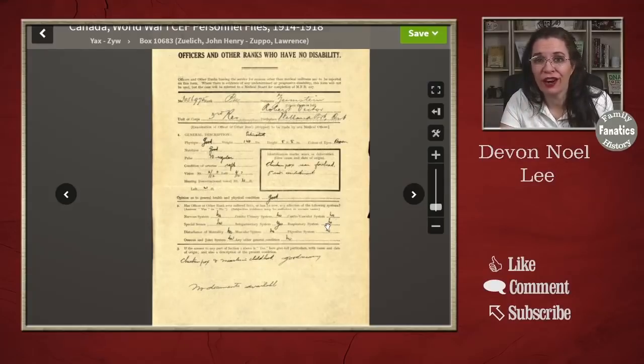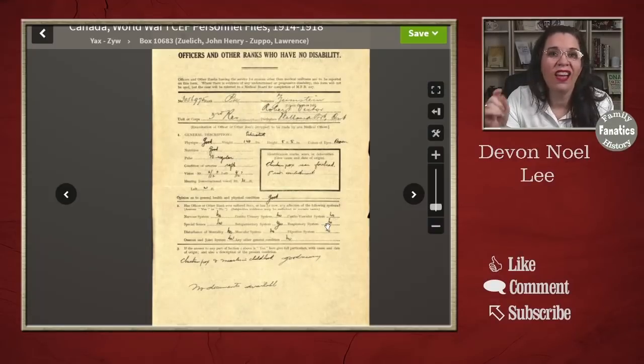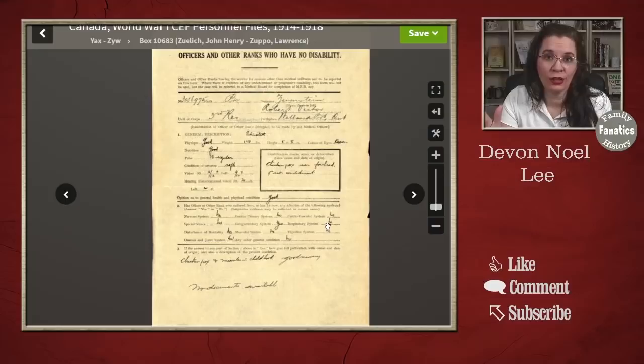Plus traveling to the archive, I mean, can you imagine how much it's going to cost me to go from New Mexico to the archives in Canada to access this record? Yeah, it's cheaper to get an Ancestry subscription. So this packet alone is worth a year's subscription. But you're going to find other collections are just as awesome on Ancestry.